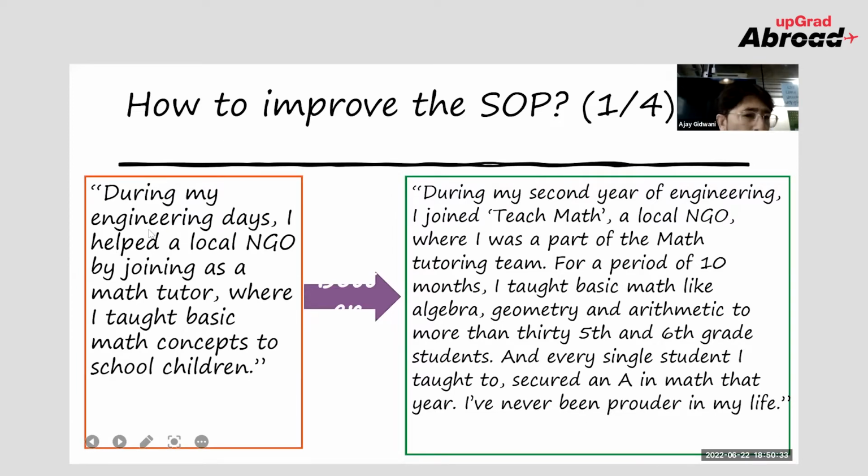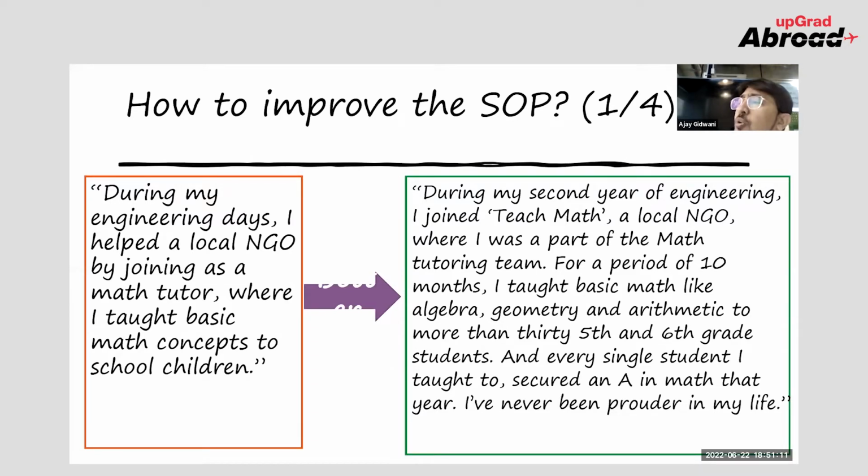Now, this is not something wrong, but then, my dear friend, this normal statement can be written in such beautiful words which will describe everything about you: what you have done, what was the name, how many months, which subject, which standard, what was the outcome. So whenever you write it, you need to have a holistic thing in your mind so that it becomes easier for the university representative or the dean of that college to understand about yourself. Right. So this is the first case wherein we have tried to understand how our experience or NGO work can be written.